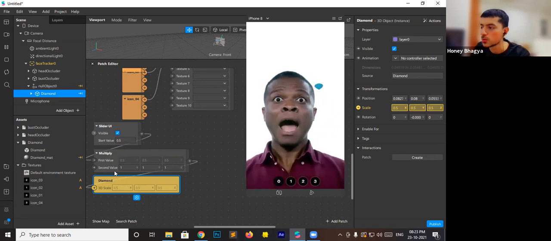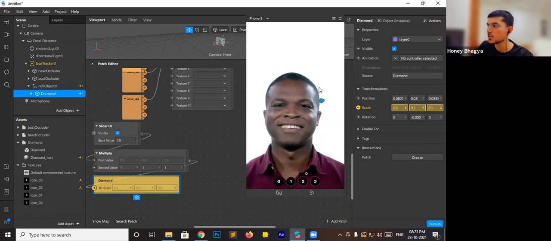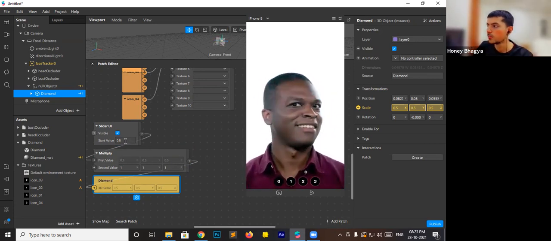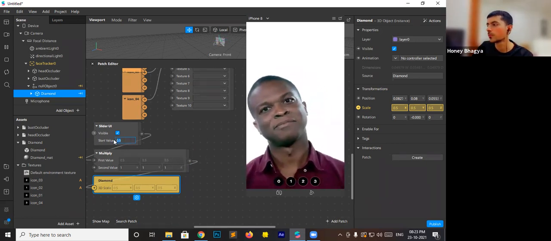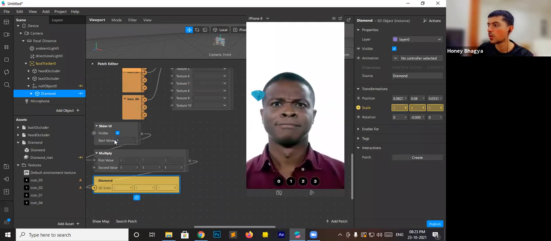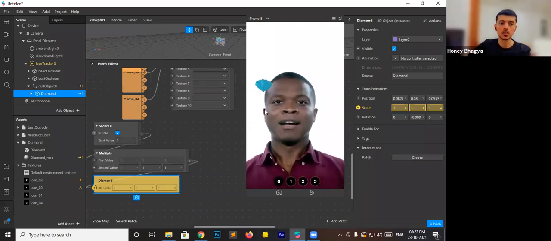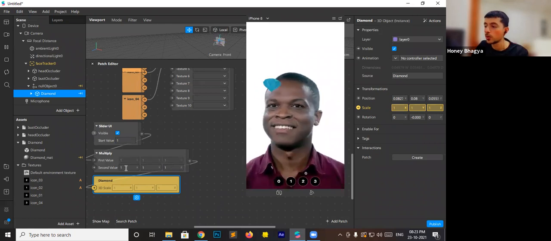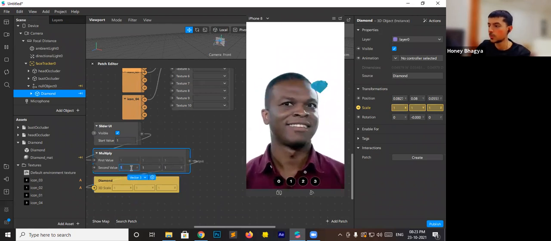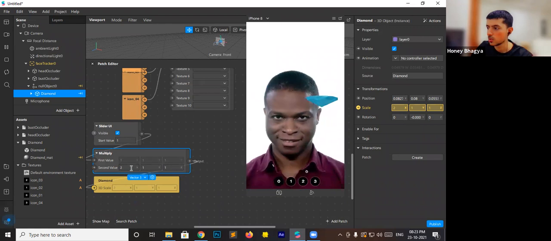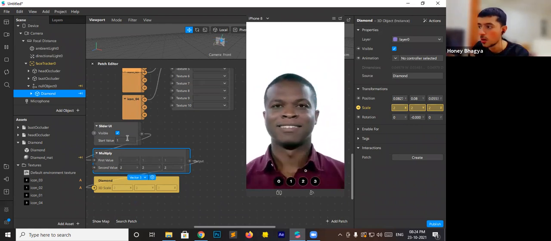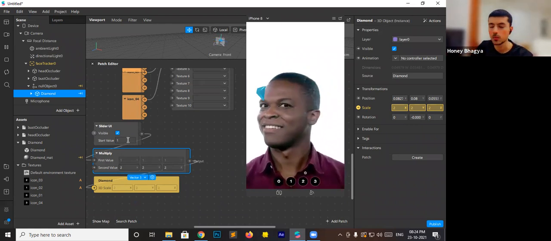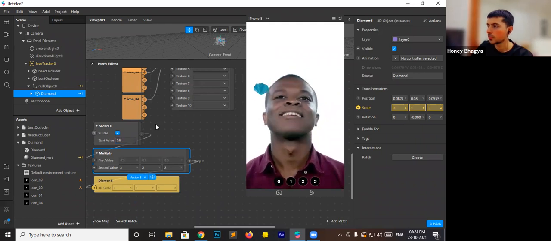Now let's suppose the slider is set to 0.5, the diamond size will decrease. And now this is user interactive. The user can change the diamond size by his own wishes. If the user wants the diamond to look bigger, he can change the slider value to 1. And if you want to multiply the value, you can just multiply it from here, by 2. So now we have a bigger base to choose the size from.